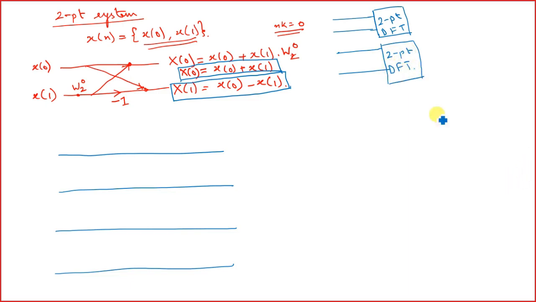So we will take the upper two values, we will perform 2-point DFT. We will take the next two values, we will perform 2-point DFT. Now we will take the inputs from here